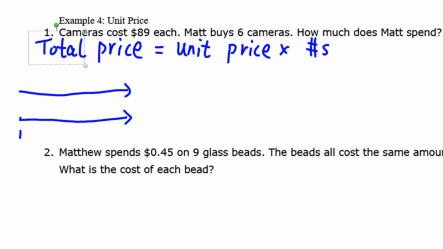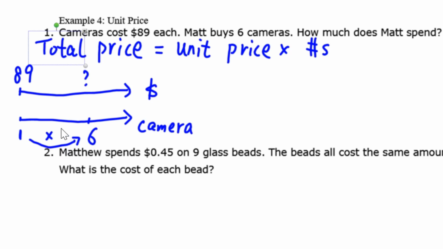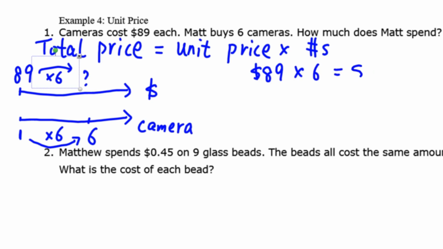Okay, on the number line we could think, so we draw 2 number lines here. This starts from 1, so 1 camera, this is the number of cameras, and this is the price. So 1 is $89, and now we want to find 6, how much it will cost. From left to right, we know it is times. So 1 to 6, we times 6. Then we do the same thing, times 6. So this one will be unit price $89,